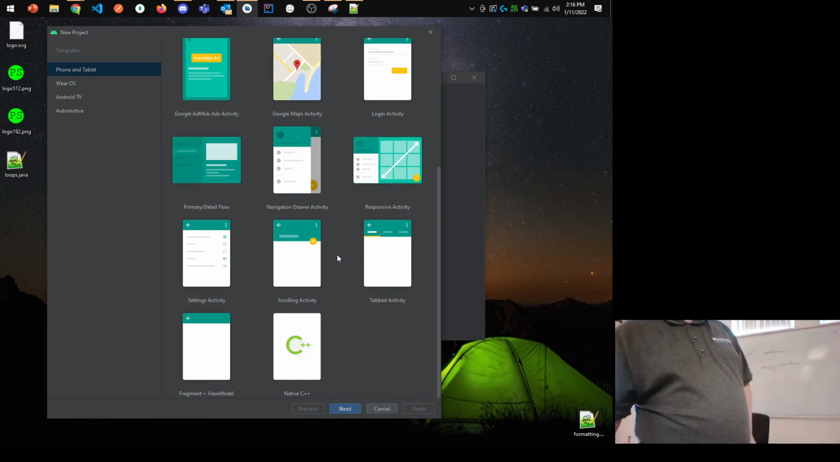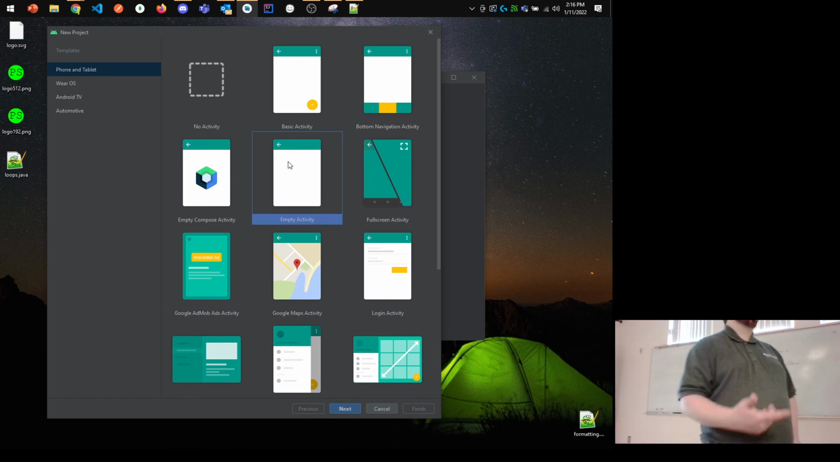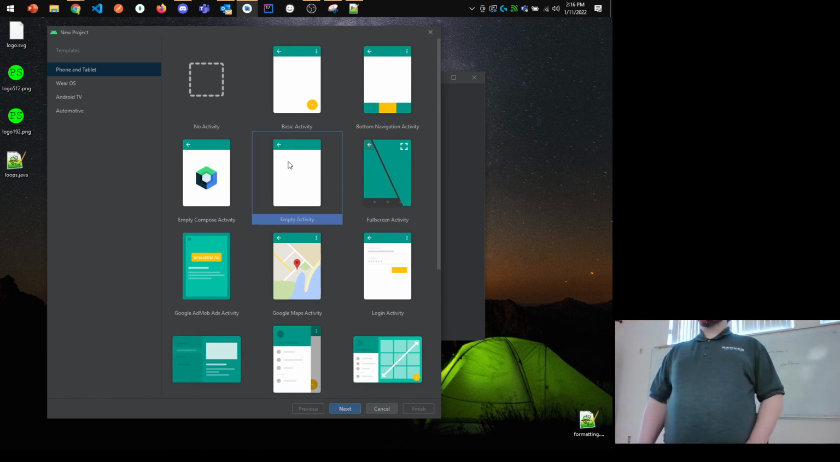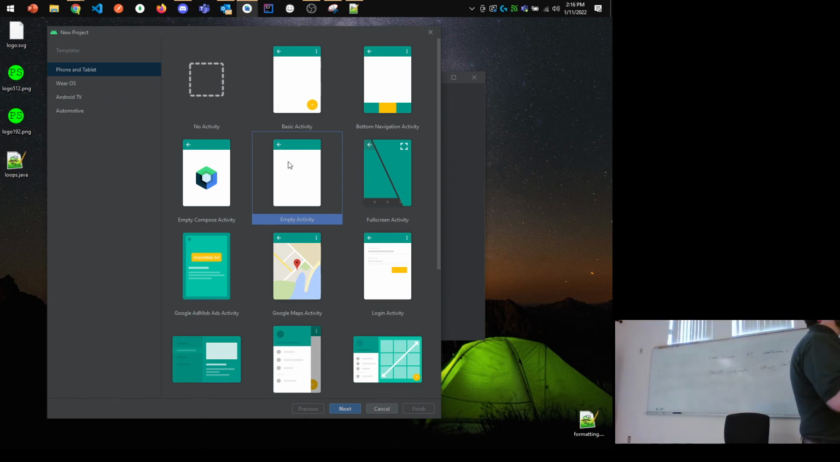So the one that we're going to spend most of our time with is actually this one right here, which is the simplest one. It's called the empty activity. Okay, the empty activity, as the name suggests, is the bare minimum. It basically doesn't have anything with it to start with. I have found in my experience that most of the time, this is the best place for me to start. Even knowing some of the other things,